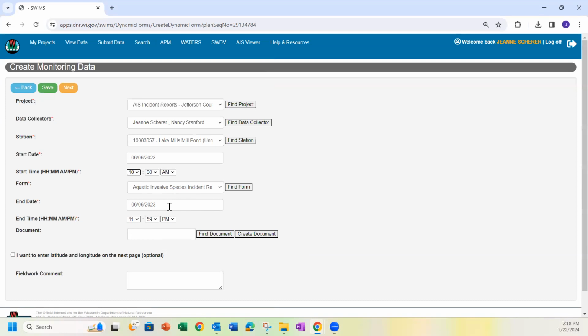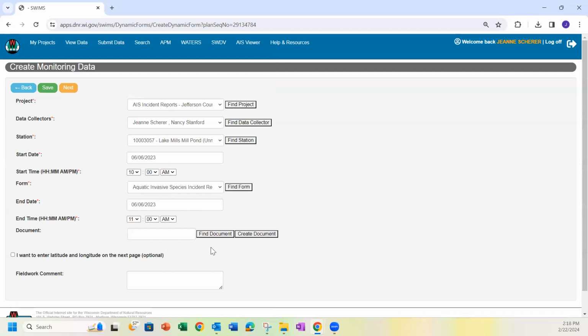The date stays the same for the start and the end, but notice the end date. The end date, unfortunately, or the end time changes to 11:59. So we were not out that long. We were out until 11. You've got to scroll through all the numbers and then make sure you change your PM default to AM